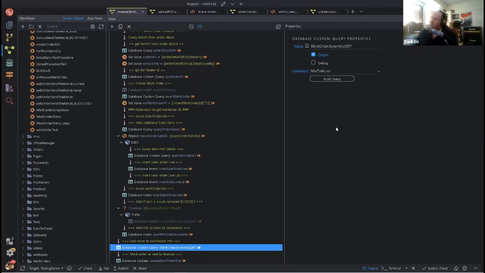In the old Dreamweaver, you could test the statement, and it would tell you which field was causing the problem. I wish there was a way in Wappler, and we've talked about trying to come up with a better way to isolate that. But at this point, sometimes I end up just deleting fields out of the insert until I find the one that's causing me problems.